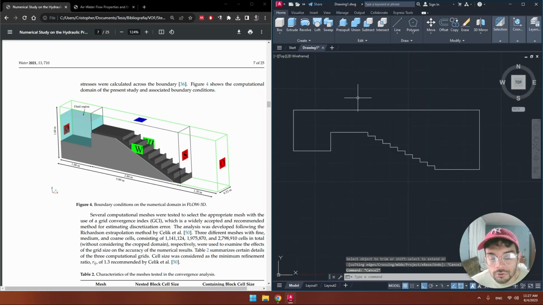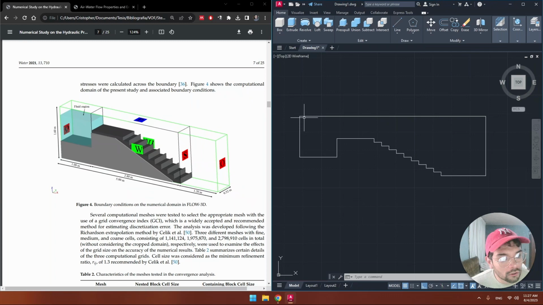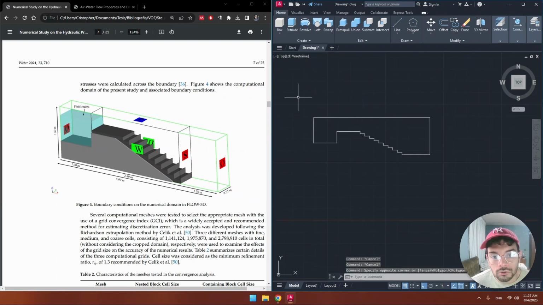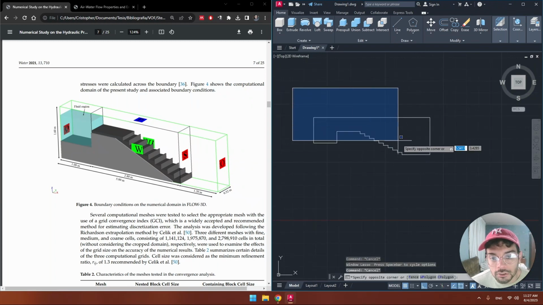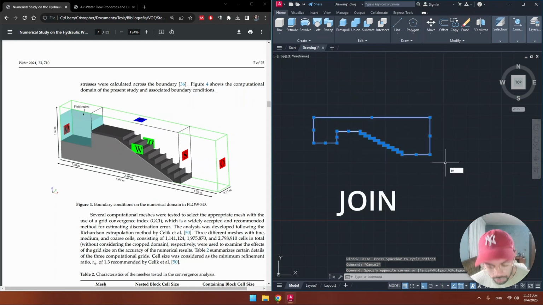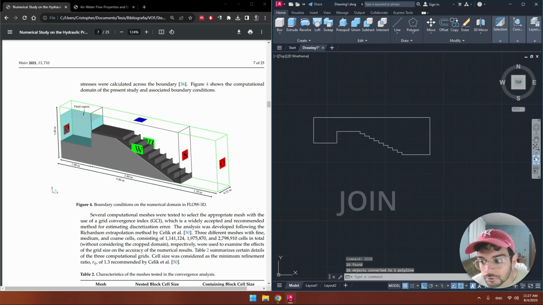So this is going to be our CFD domain. Okay, fluid region. Now, these are separate lines, so we use join to merge them together,